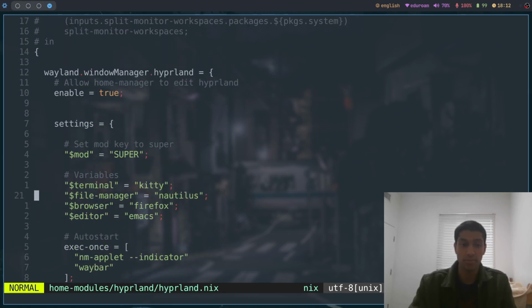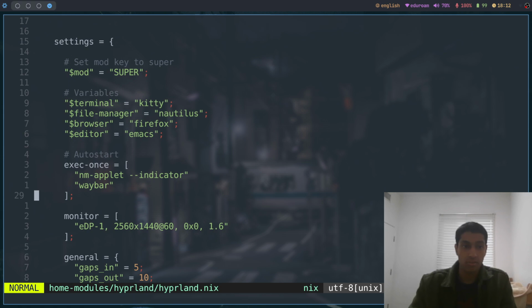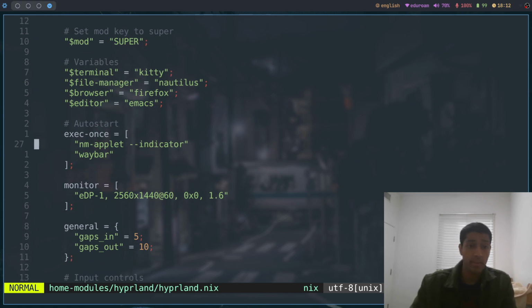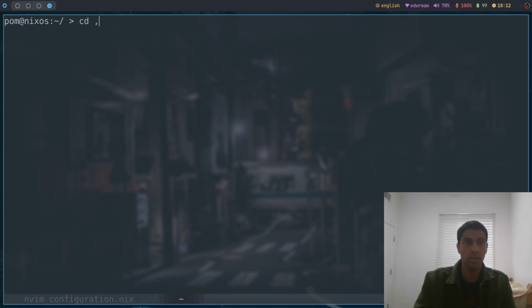I've made these variables, I've created this exec-once, so the network manager executes this, and basically when NixOS builds the system off of my Nix configuration files,